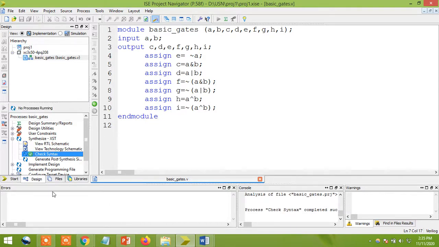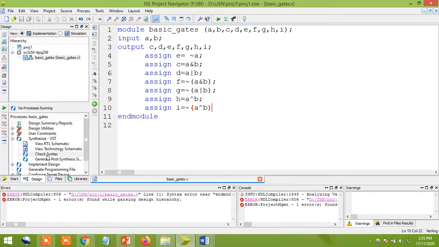Okay, so there are no errors. For example, if any error is there, then you can see, I'm going to remove this, I'm not giving a semicolon here. Just if you want to, check it out. See, here it is coming directly. Something is missing. Yes, you need to give a semicolon. Sometimes what happens, I'm not going to use this variable. For example, I am not going to use it. Okay, just check it out. Some errors.